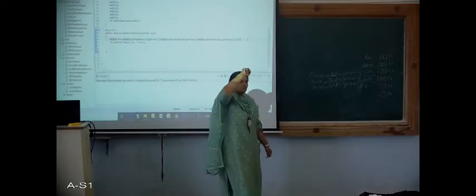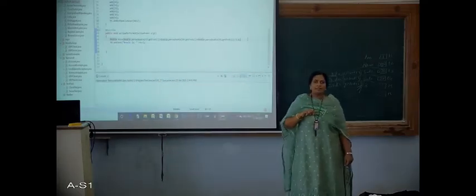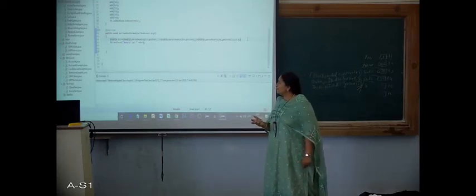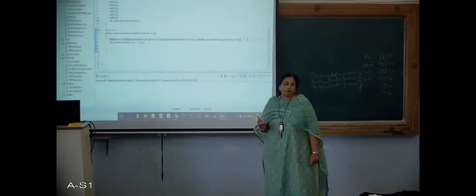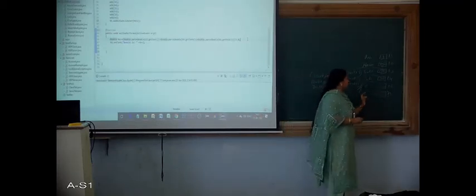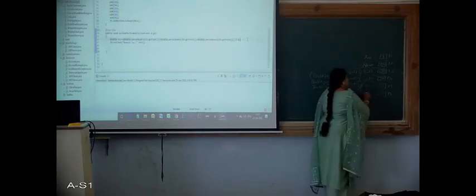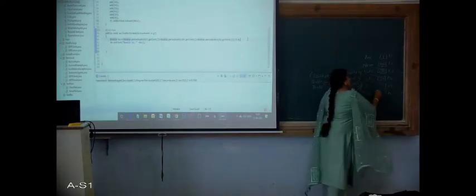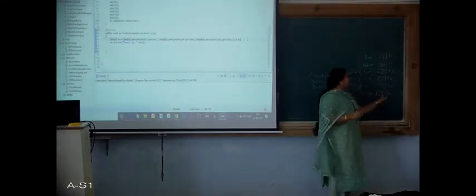Correct. So once we have got the average, we need to print it somewhere. Correct. Where we want to print that? We want to print it in the last text field. So here we have the label average or result, whatever you wish to give, you can give the label. And here we need to print.